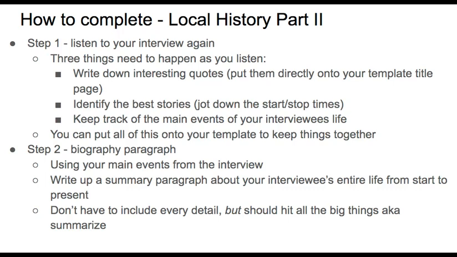The third thing you'll do as you listen, so there'll be lots of starting and stopping here, is to keep track of the main events from your interviewee's life. What are the big things that they talked about? Not every detail, not every single question needs to show up in your summary, but the big things. Where did they grow up? What is their family like? Was there something particular that happened when they were in high school? And so on and so forth. Everyone's will be a little different, but if you keep track of it as you re-listen, it'll make the next step so much easier, because the next step is to type up your